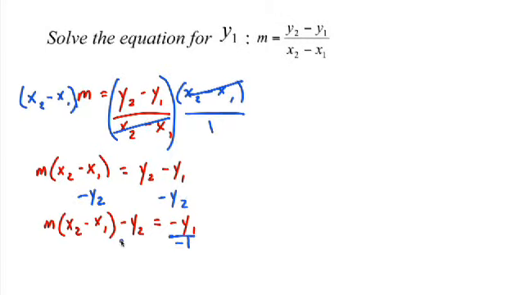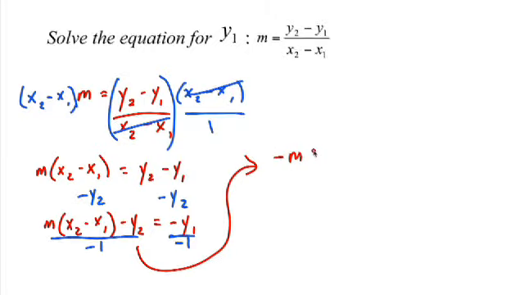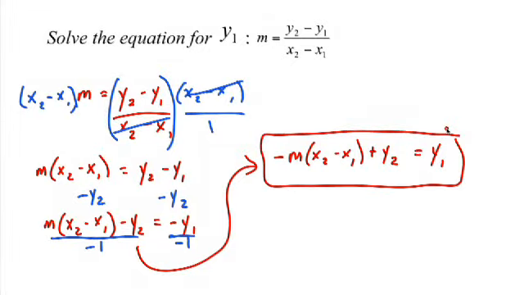Now, dividing both sides, or in this case, you can multiply both sides by negative 1, basically changes not only this term here, but it's going to change your second term there. Alex will require you to multiply through, and it'll give you the final answer of negative m times x2 minus x1, plus y2. I think we chose the hardest one we could do. We tried to pick one of the harder ones of these four, but we hope that whatever problem like this you get in Alex, if you watch this video maybe a couple times, hopefully you'll be able to follow these steps and do it.